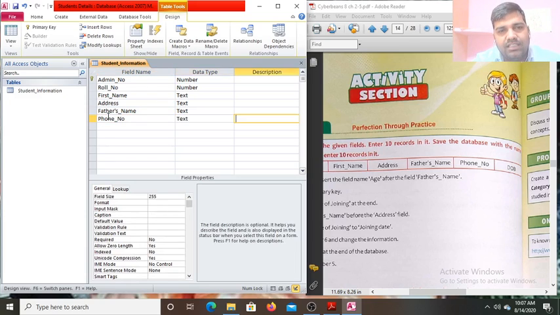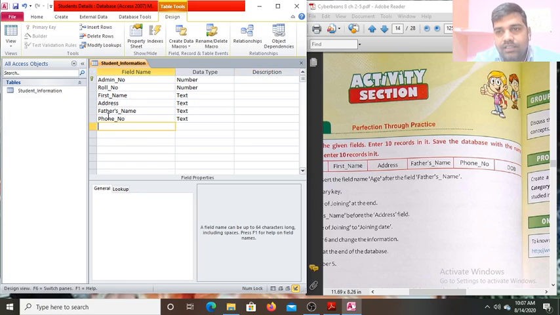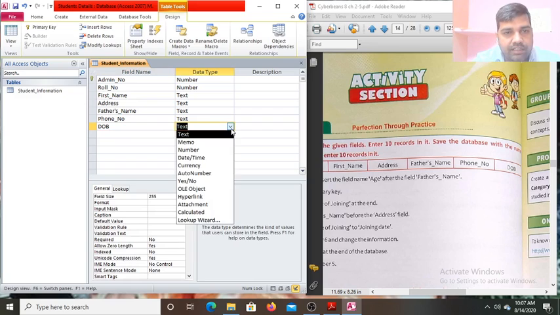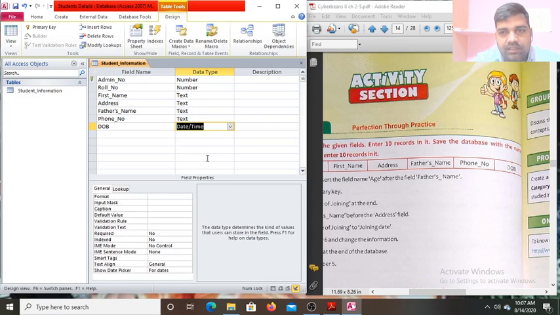Phone number should be text. Next is the date of birth, DOB. Date of birth you can take either in text form, or the data type date or time. So you can use date or time for date of birth. Now this design is over.